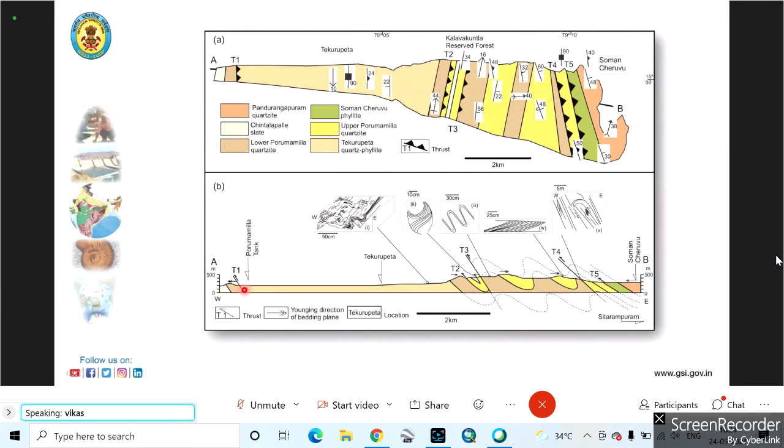So if you connect them, you can understand that this quartz phyllite is actually an older bed than the quartzite. Like this, we had been able to define it, and we put up the stratigraphy in that way, naming it as Tecuropeta quartz phyllite overlain by the lower Parmomilla quartzite. So like this, we have been able to define the stratigraphy. Now at around T2, you can notice that again it is a normal limb, so in the upper part you are able to define it. Now see in the extreme right side of the cross section, again we have been able to see that the younging direction is on the left side.